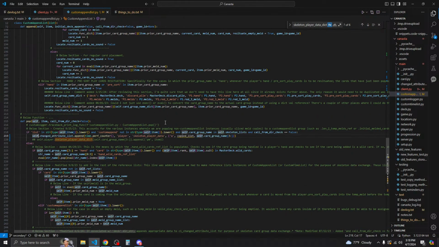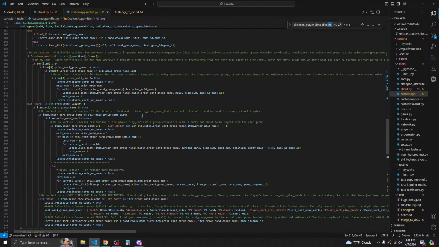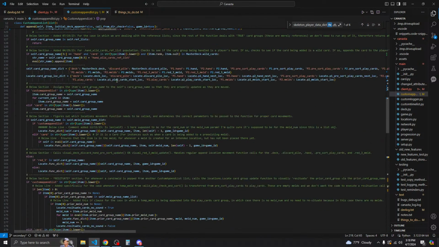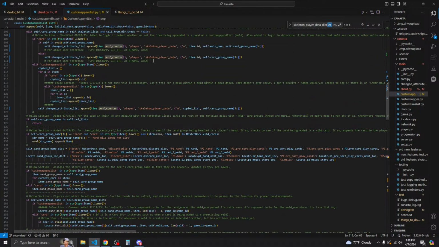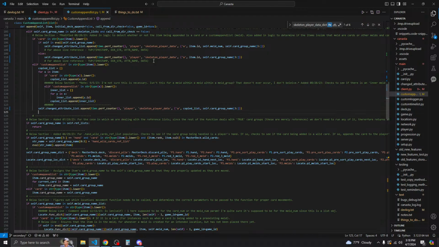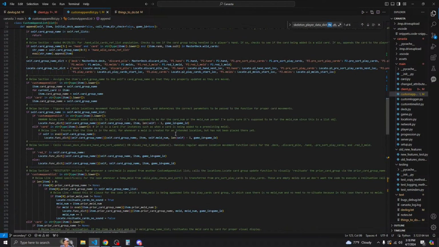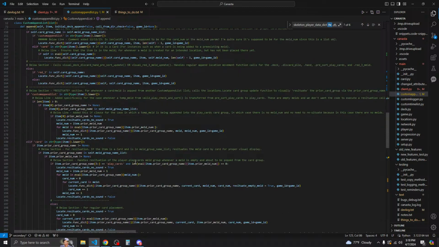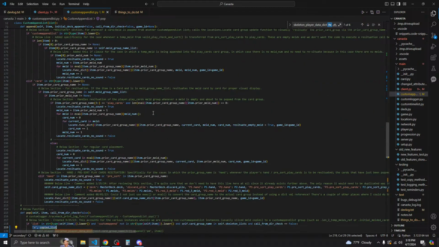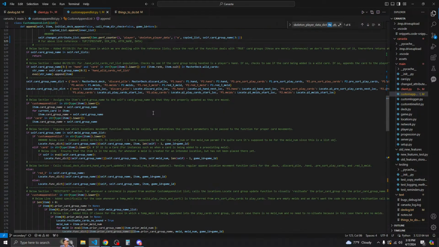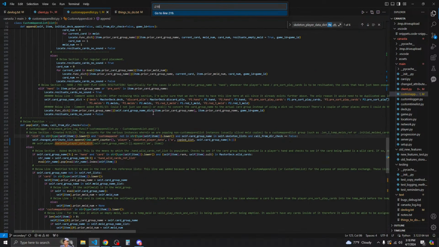So self change attribute list append the, oops, we forgot our little guide. This needs to go there as well. Denso Hanzo, Denso. So this is 219. 219. All right, and so